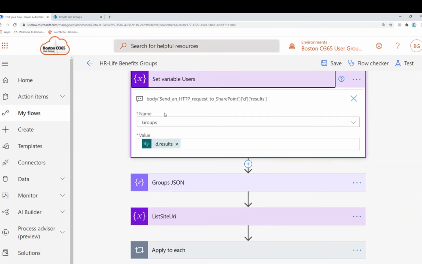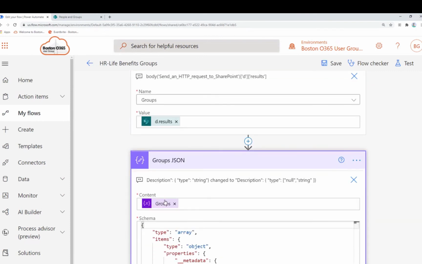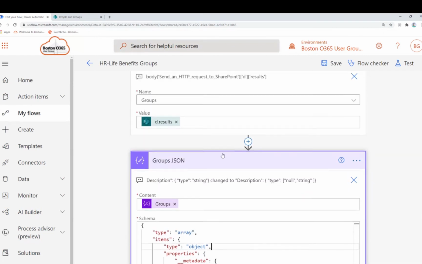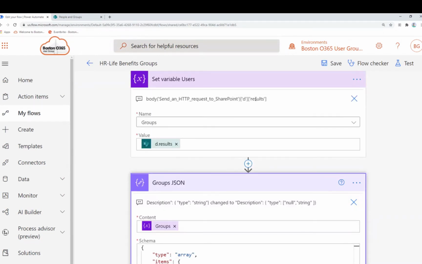Okay, I then like to parse the site groups into JSON. To me, it just makes it easier. So I just take the groups and I run through JSON. What I had to do up here, I like to put notes in here. Whenever I have to do something tricky, this command here, like I mentioned earlier, like the groups, you have to do D results. This is what I actually typed in. I typed in body, site request, D, column results. This changes where you can't see that anymore. You can kind of see it if you hover over it.